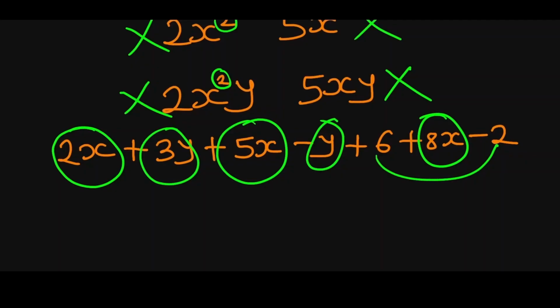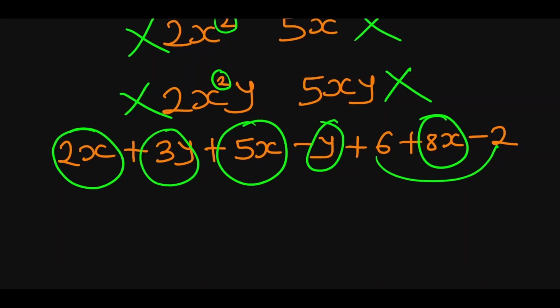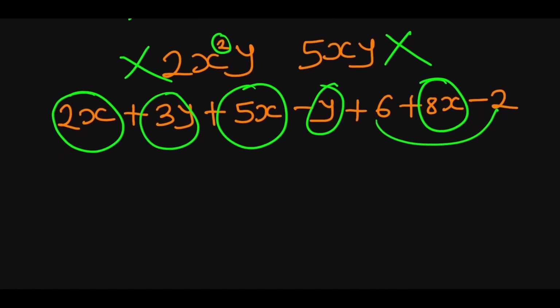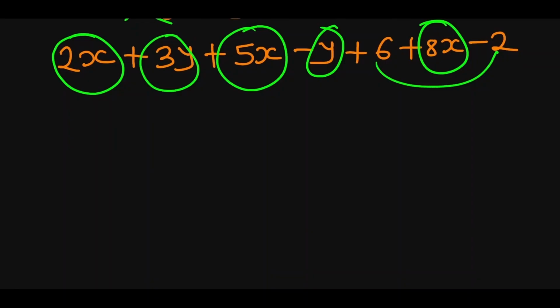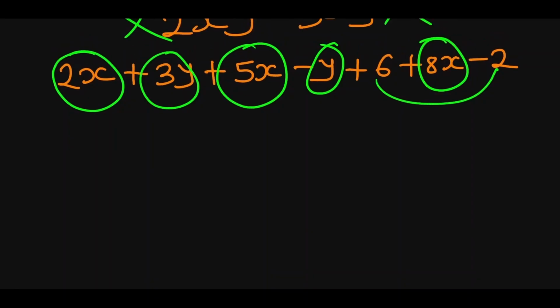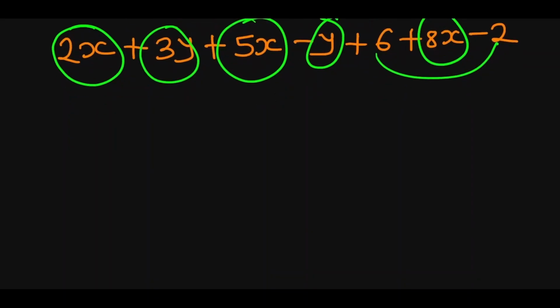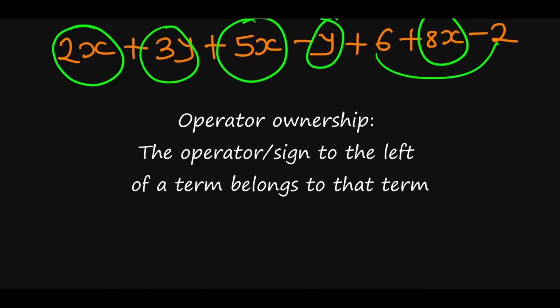Not knowing these things I'm about to talk about now is the major reason why most people still get collecting like terms or even solving algebra as a whole wrong, especially students. So please pay careful attention here. So I'm now going to go into those 3 things you must know before you pull these like terms together. The first one is what I call sign or operator ownership. What does it mean?